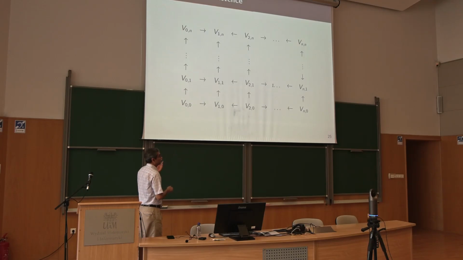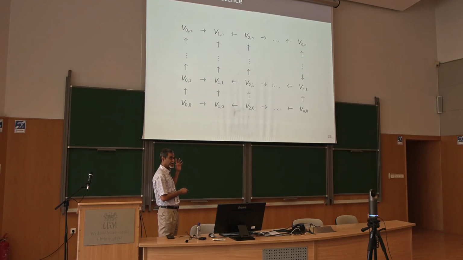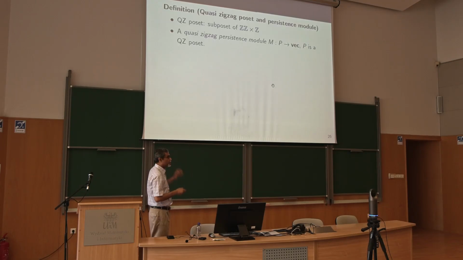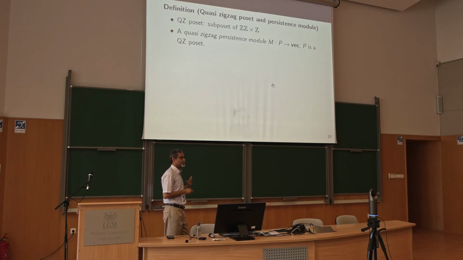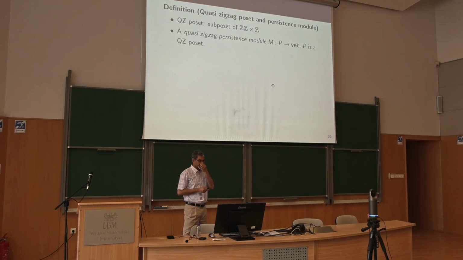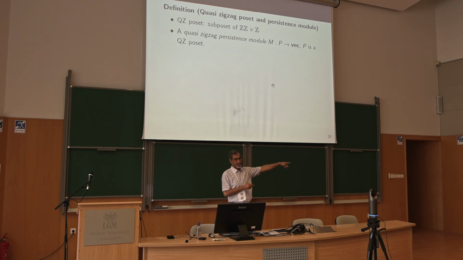Okay, and you still get a persistent module by applying the homology group, and inclusion also gives a linear map. Everything is so far so good. Very simple. And then one has to define what we mean by this quasi zigzag poset. So the quasi zigzag poset is a subposet of ZZ, the zigzag poset in the horizontal direction, and